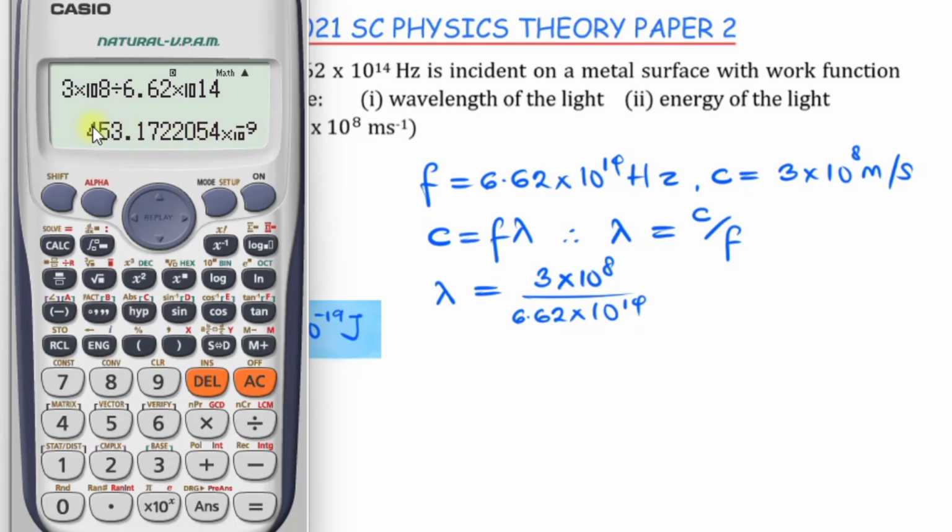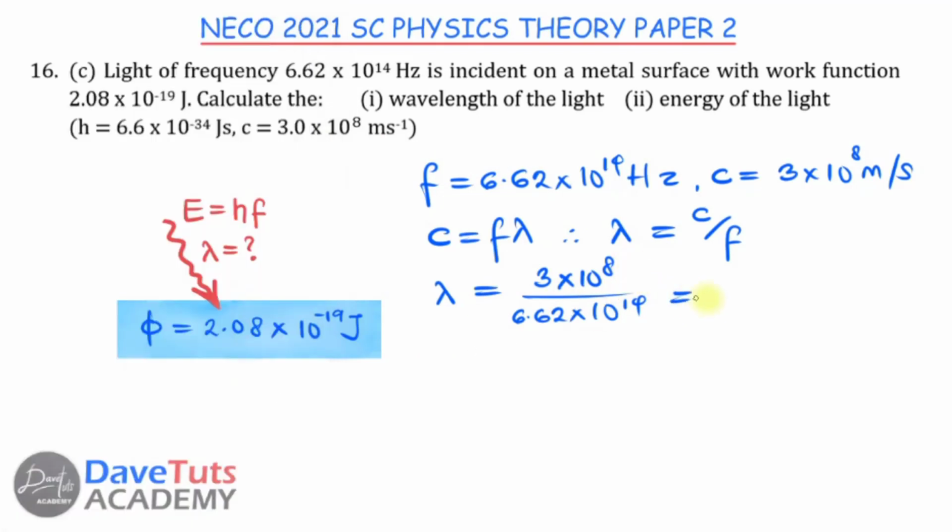But if I move the decimal point 2 places back, that will be 4.53 exponent minus 7. So that's expressive enough. 4.53 exponent minus 7. And what's going to be the unit for the wavelength? It is meters. So that is as good as it gets. So this is question number 1. In question number 2, we are asked to find the energy of the light,